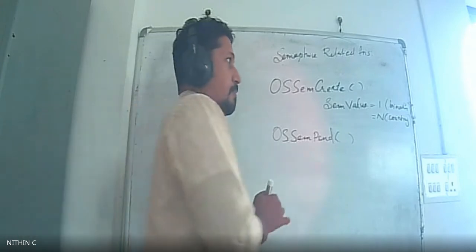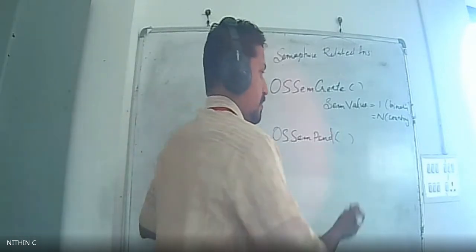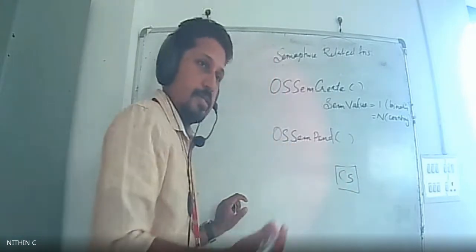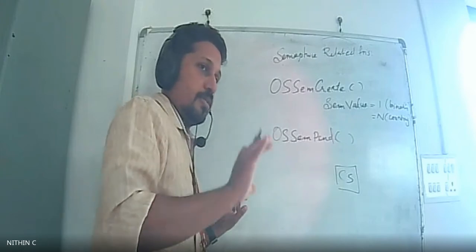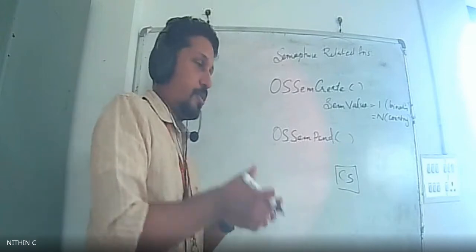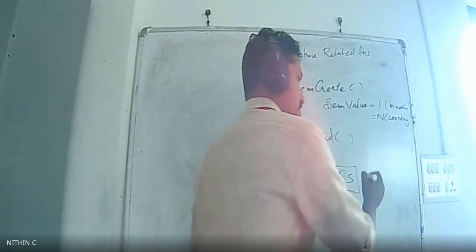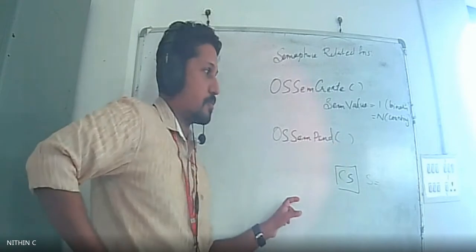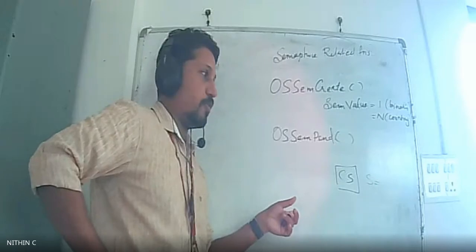For example, in the case of a binary semaphore, tell me, when you are aware of the binary semaphore concept. You have a critical section and one process has now entered it and is currently accessing it. In that sense, what will be the value of the semaphore variable at that time? If a particular process is in the critical section, what will be the value of the semaphore variable?